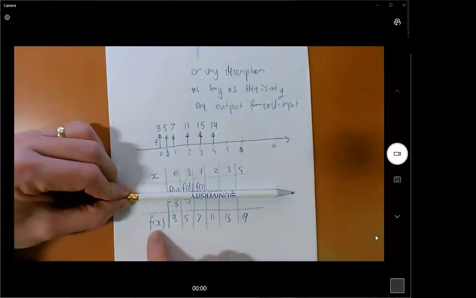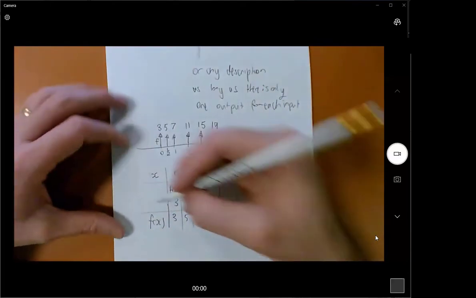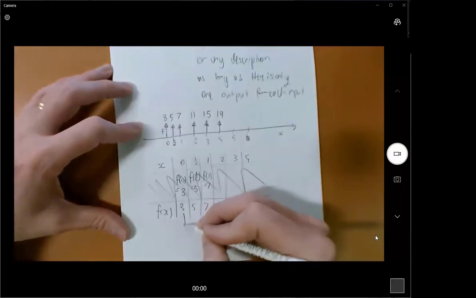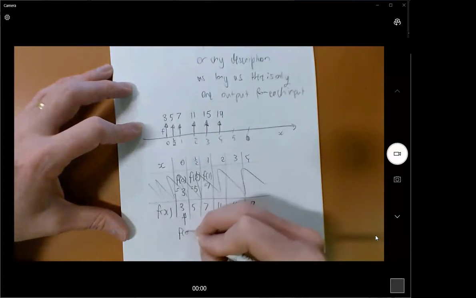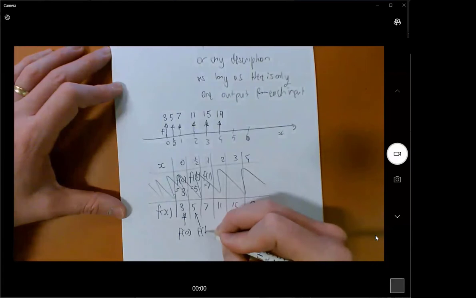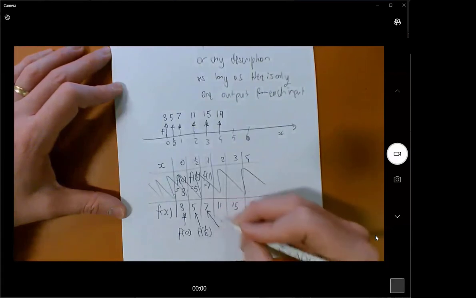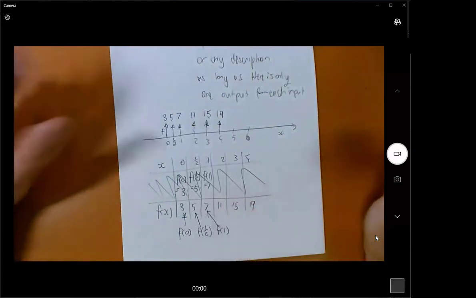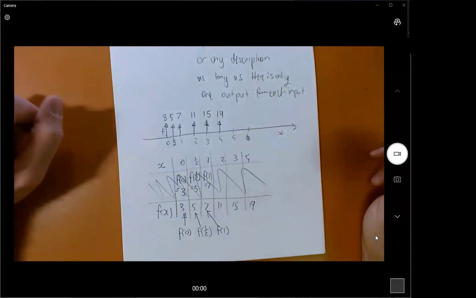And this is saying that when I write the symbol, I'm just going to remove that bit, that a name for this number is f of 0. And a name for this number is f of a half. And a name for this number is f of 1. Okay, how are you feeling? Cool, sweet. Okay,